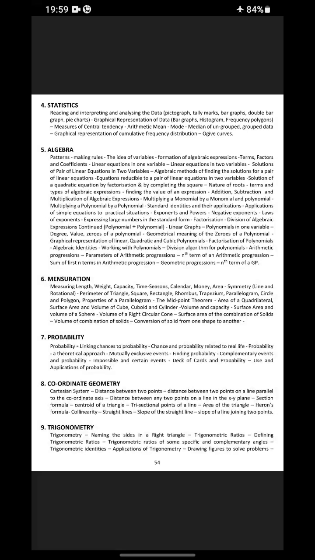Standard identities, applications of simple equations to practical situations, exponents, laws of exponents, expressing large numbers in the standard form, factorization, division of algebraic expressions, polynomials, linear graphs, polynomial in one variable, degree, value, zeros of a polynomial, geometric meaning of zeros of a polynomial, graphical representation of linear, quadratic and cubic polynomials, factorization of polynomials, algebraic identities, working with polynomials, division algorithm for polynomials, arithmetic progression, parameters of arithmetic progression, nth term of the arithmetic progression, sum of the first n terms in the arithmetic progression, geometric progressions, nth term of a GP,